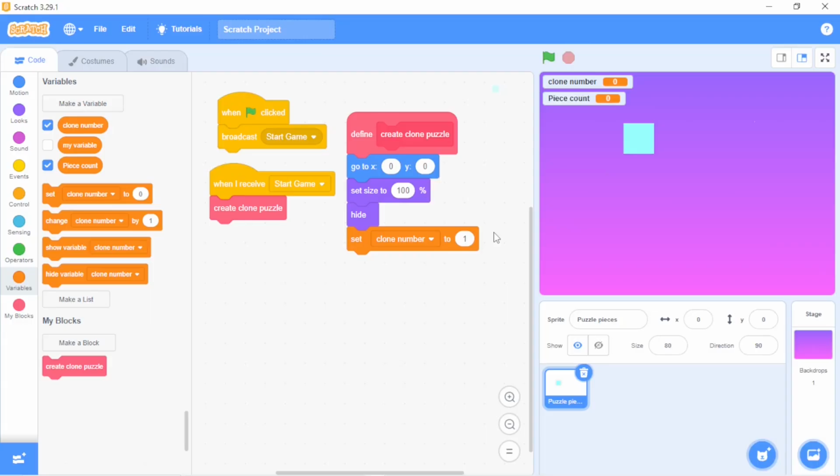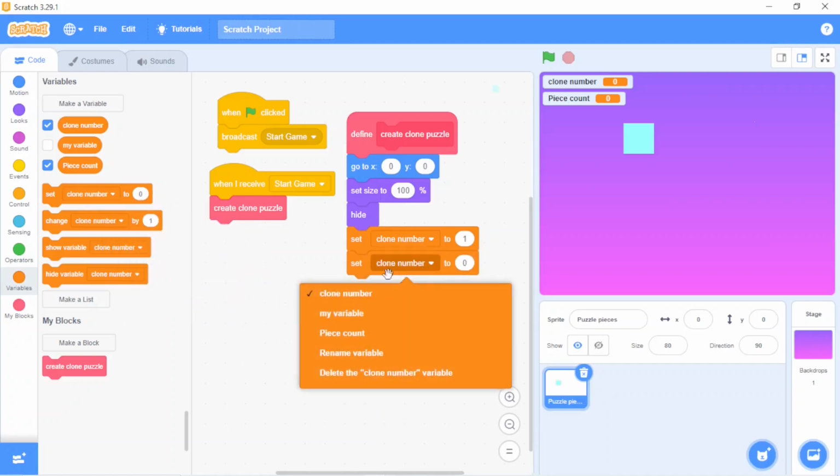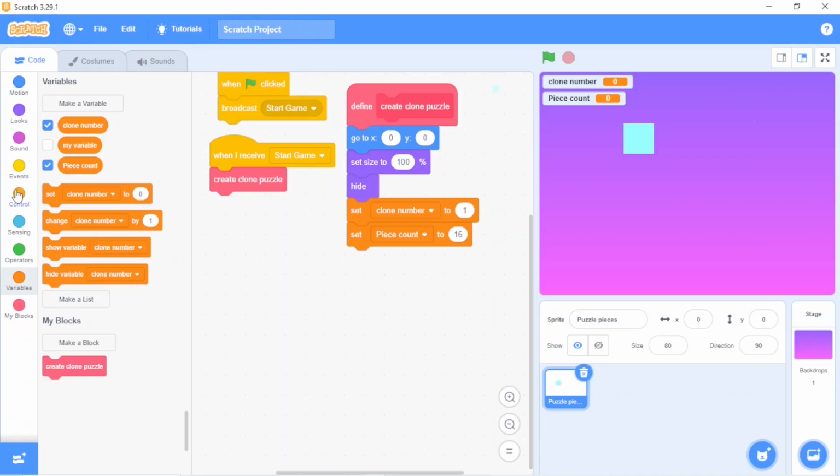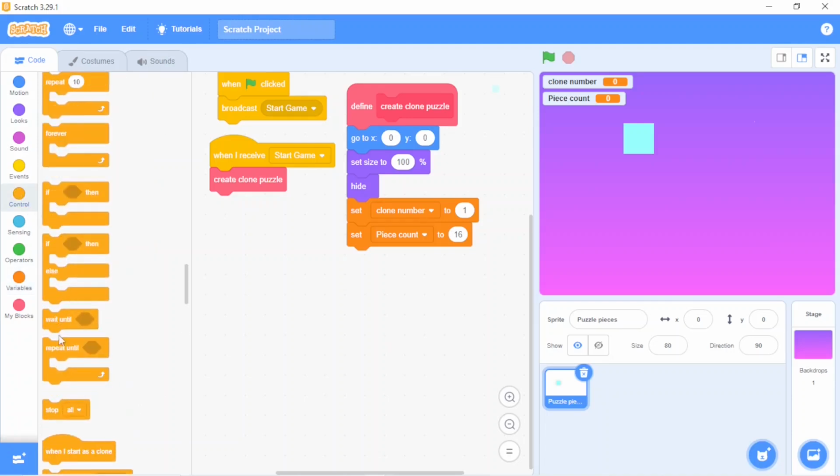The other variable which I want is piece count. Now click on OK. This piece count shows how many pieces you have created of your picture. Here I have created 16 pieces, so I will take this set block, choose my variable piece count, and type 16. Now I'm going to Control and choose the repeat block.